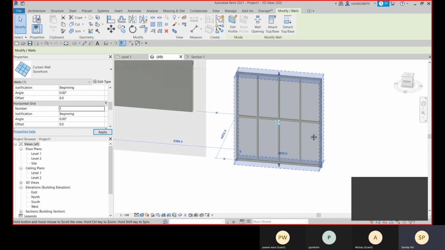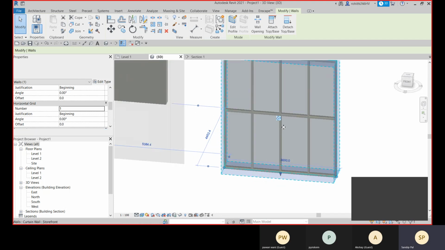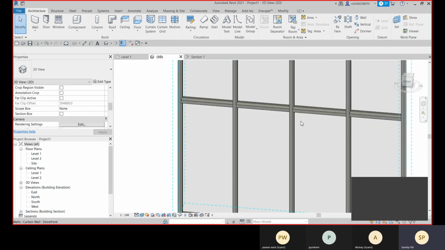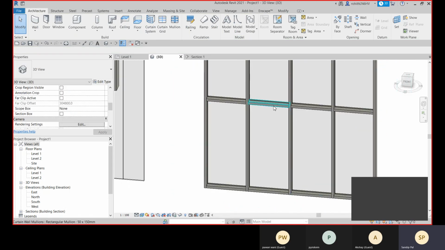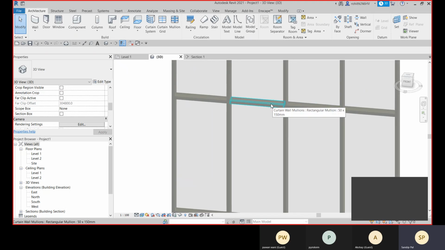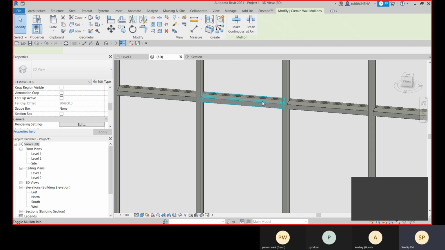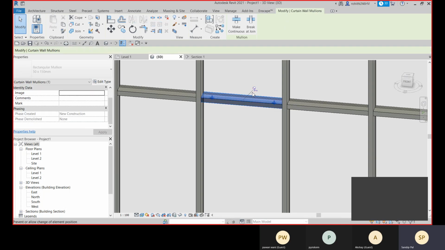All right, and now here you can see that I am having this mullions, and suppose I need to make this horizontal as the continuous. Right now this vertical mullions is continuous. I need to make this as continuous. So for that, what I can choose, I can select this, and then you need to unpin it. If you don't unpin, you cannot make any changes.